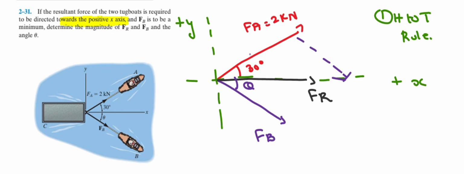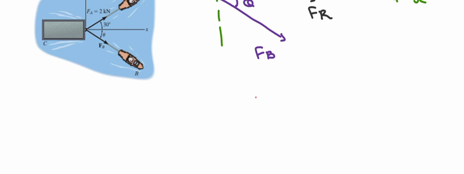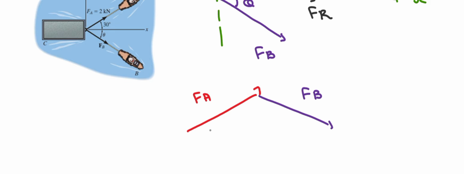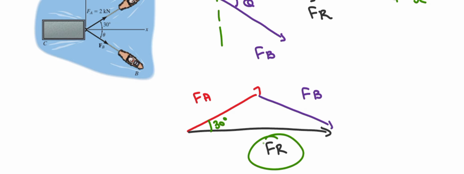So this diagram seems very complicated and complex, so I am extracting this diagram into here. This is basically our Fa. This is nothing but our Fb, and this one right here is basically our resultant vector. The question says that the Fa makes an angle of 30 degrees with the positive x-axis. So this is basically 30 degrees, and the resultant vector is also lying along the positive x-axis.